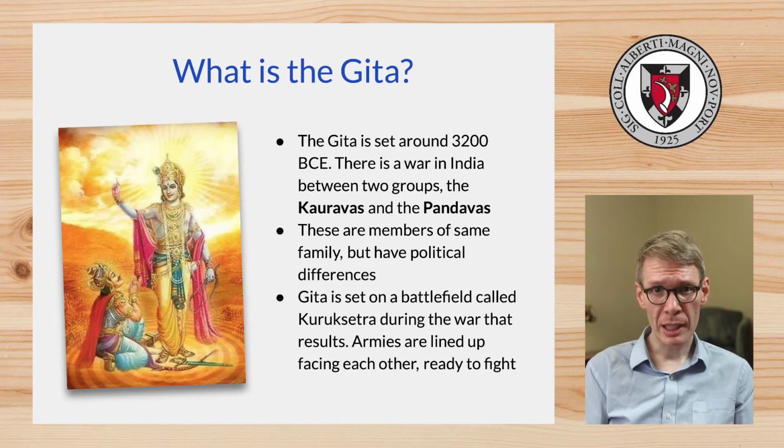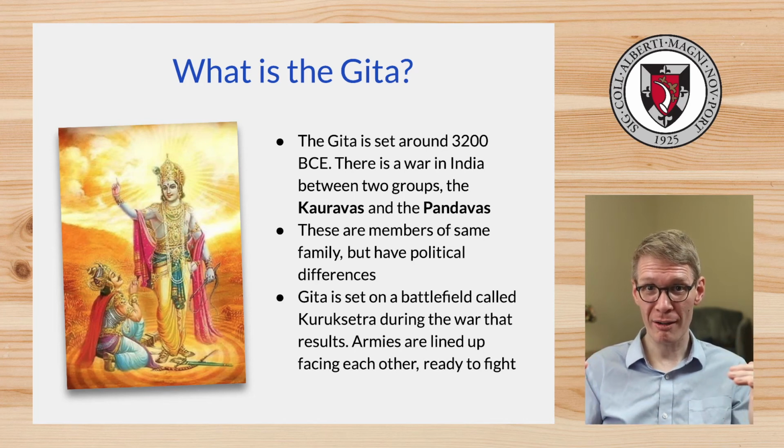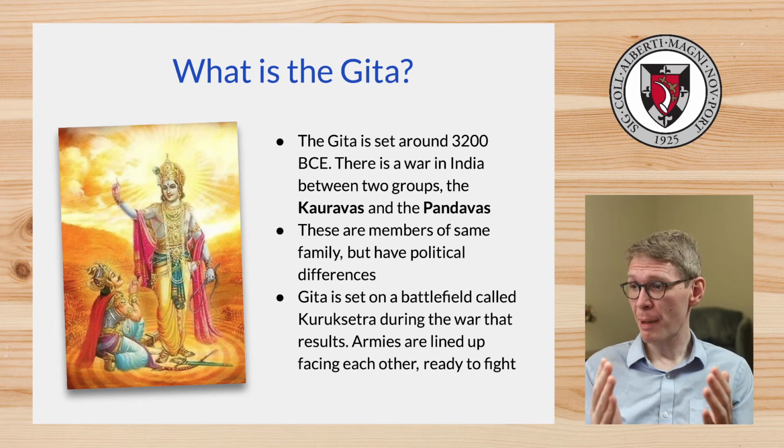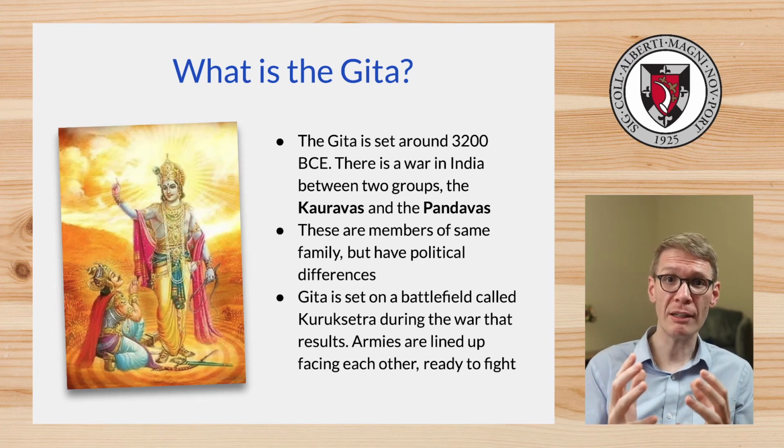There's a war in India between two groups, the Kauravas and the Pandavas. Now, these two groups are not completely unrelated. In fact, they're basically cousins. They're members of the same family, but they oppose each other politically. And so these political differences are leading them literally into a battle. Like there's a battlefield, army here, army there, and they're going to fight and kill each other, even though they're family members, right? This battlefield is called Kurukshetra, and it's set during this war, and it opens the Bhagavad Gita